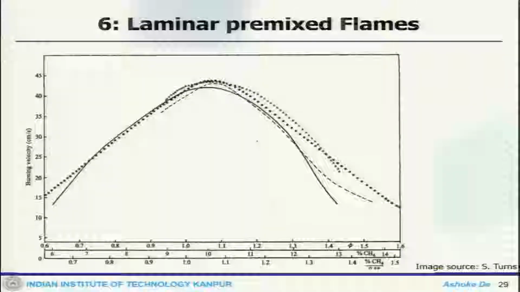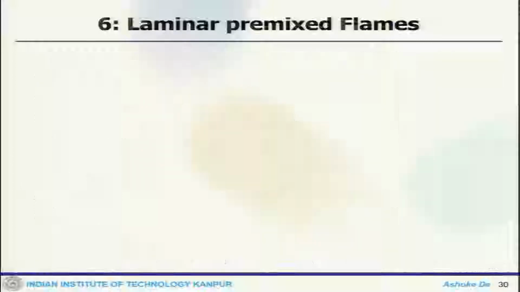Okay, welcome back. So we are in the middle of the discussion of the laminar premix flame, and what we have done so far is looking at the correlation and the curve for the laminar flame speed and the flame thickness. So we will look more into the details. This is the curve that we have seen, because we got some correlation and then we obtained this.